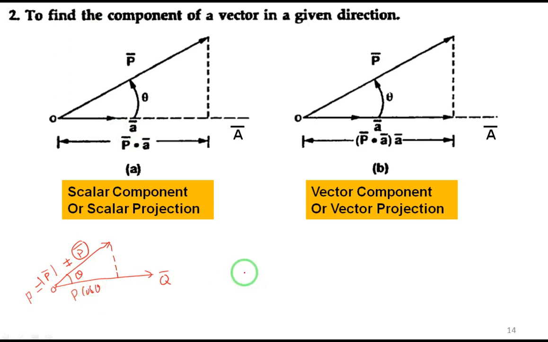Then if I want the vertical component, this is q vector, this is p vector. If theta is there, this is p cos theta, then here I will get p sin theta. By the geometry you already know this, right? This is p sin theta, and if I take the projection, this is p cos theta. Is it fine? P cos theta. But we are not worried about the vertical projection, we just worry about the horizontal component.